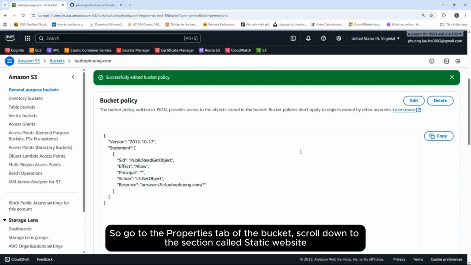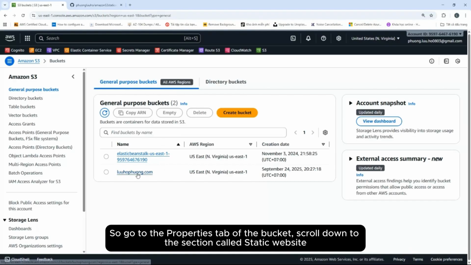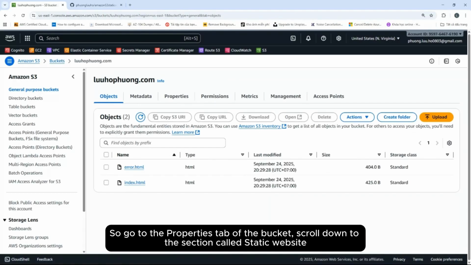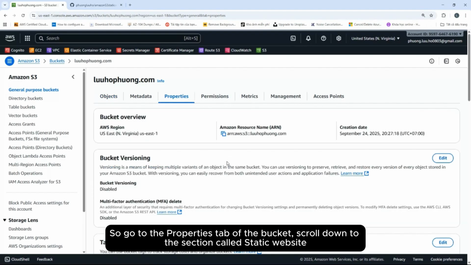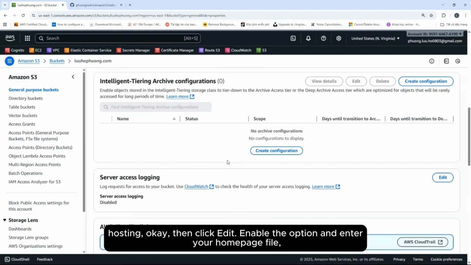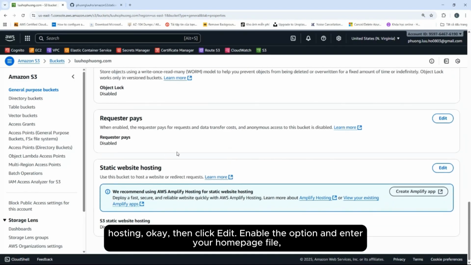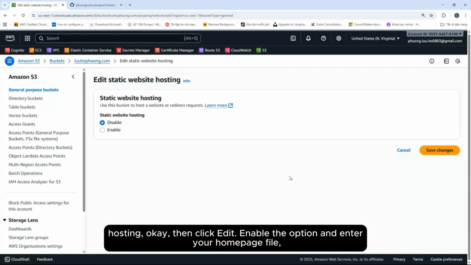So go to the Properties tab of the bucket. Scroll down to the section called Static website hosting. Then click Edit.